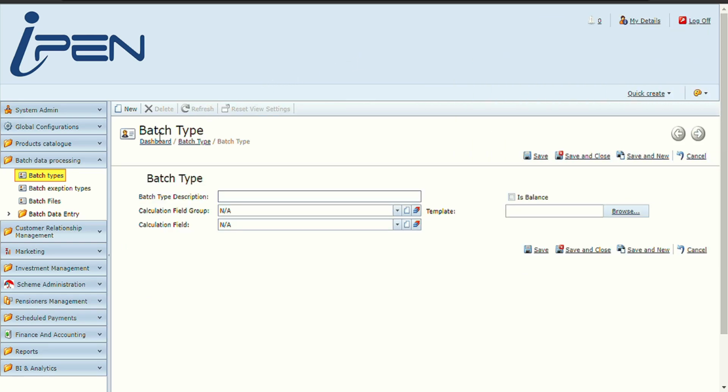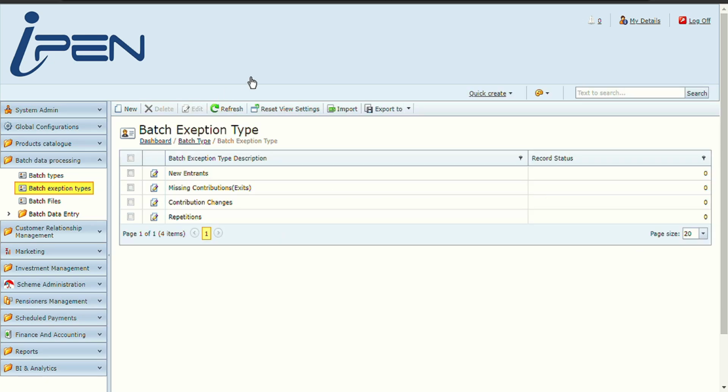We extensively covered how to go about that in a previous video on global configurations. Up next is the Batch Exceptions tab. Normally, under batch processing, when one imports a new batch, the system is able to look at the existing members